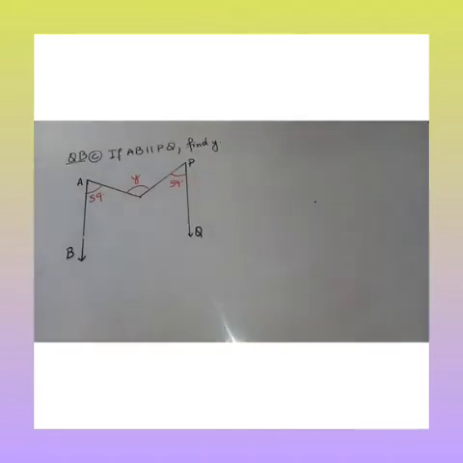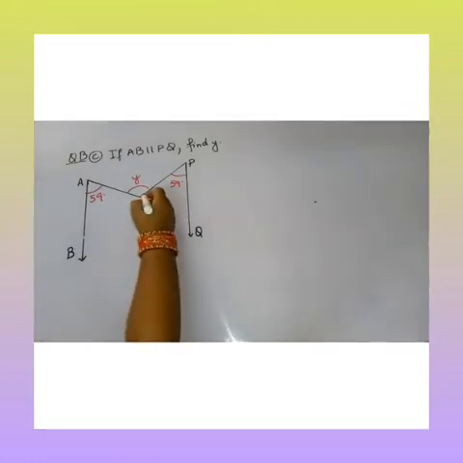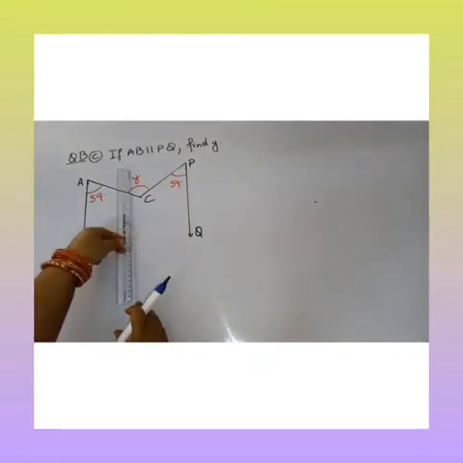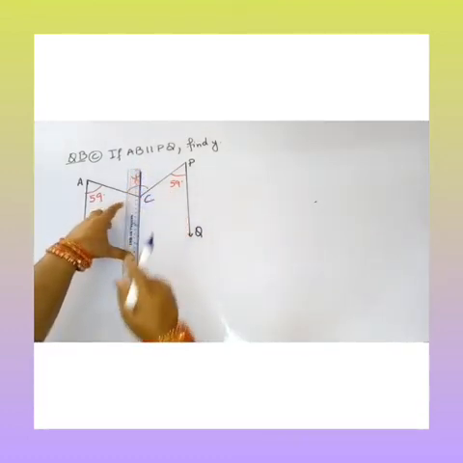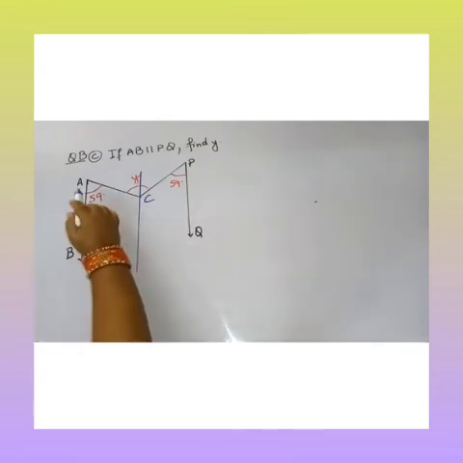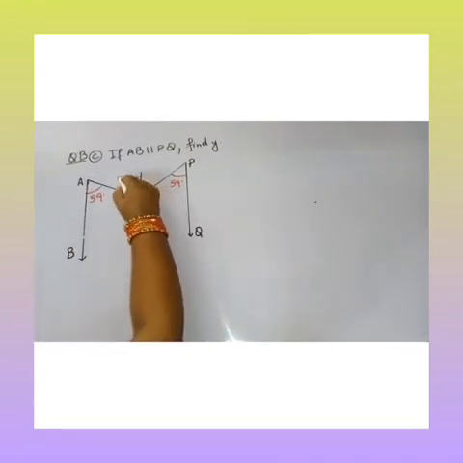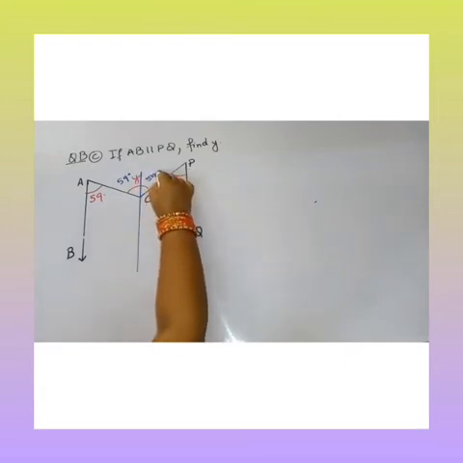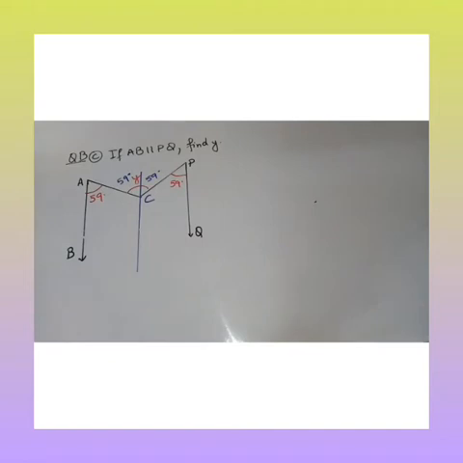See how to solve this question. If AB is parallel to PQ and we have to find the value of Y. So for that we are going to do a construction, that is we are going to draw a line parallel to AB which passes through this point. Let it be C. Let's draw a line which is parallel to the AB and PQ and passes through C. Now we are getting an alternate angle here. This is the alternate angle. So this will be 59 degree, and here also I am getting an alternate angle. So this is also 59 degree. So the value of y will be equal to 59 plus 59 degree.